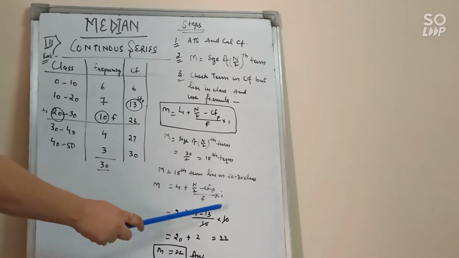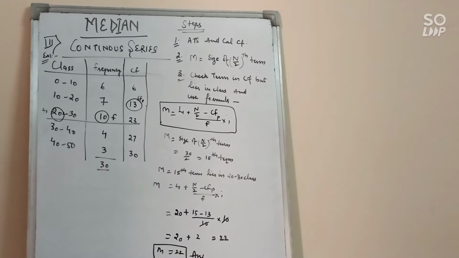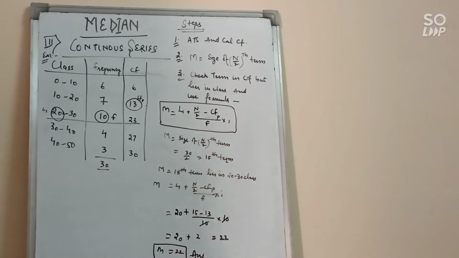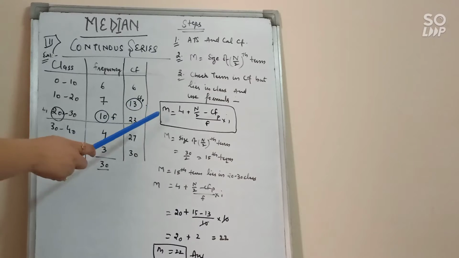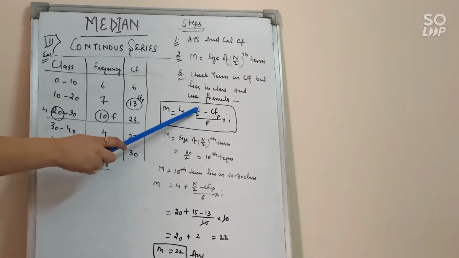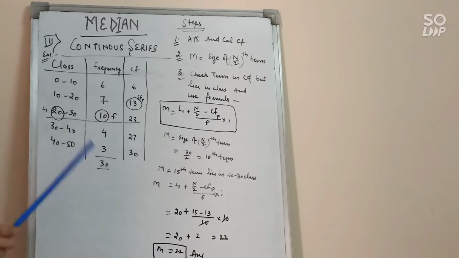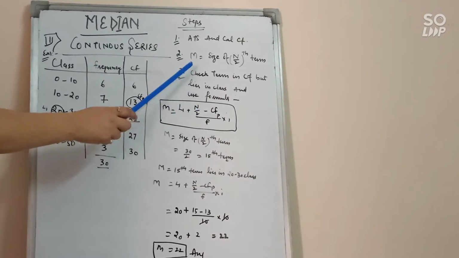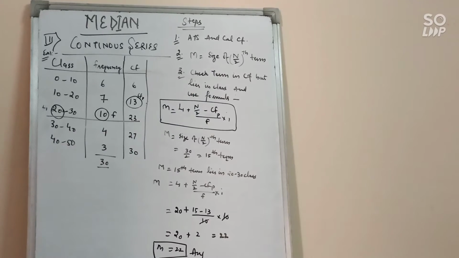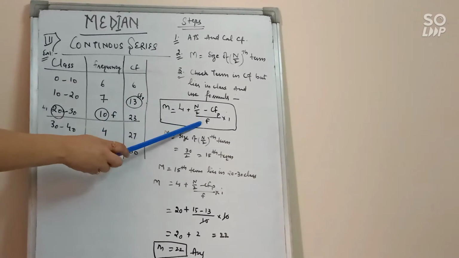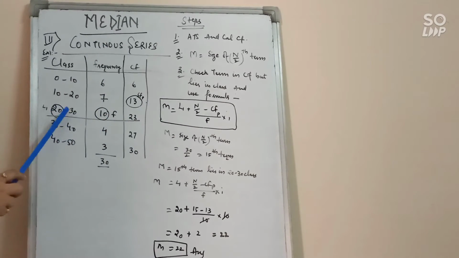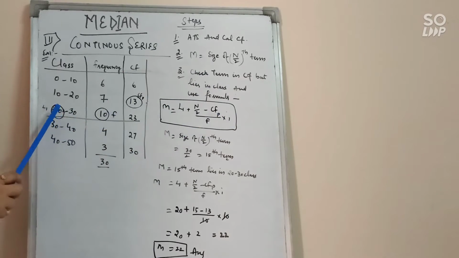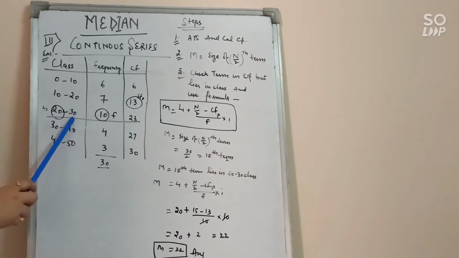To find out a single value which lies between 20 to 30, it means your answer will lie between 20 to 30 only. So to find out a single value we need to use the interpolation formula, that is L1 plus n upon 2 minus CFP upon f into i. L1 means lower limit, n upon 2 is from the second step, minus CFP, that is cumulative frequency of the previous class, upon frequency. Here we don't have sigma f, we have only f, the frequency in front of the selected class. i means class interval, the gap between the class 20 to 30. How much gap is there? 10.